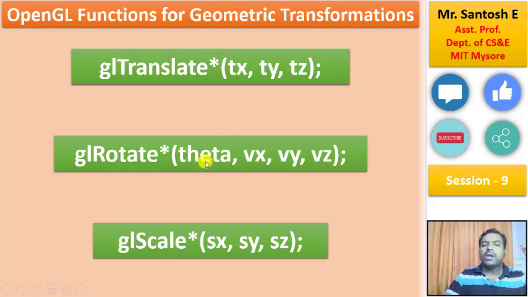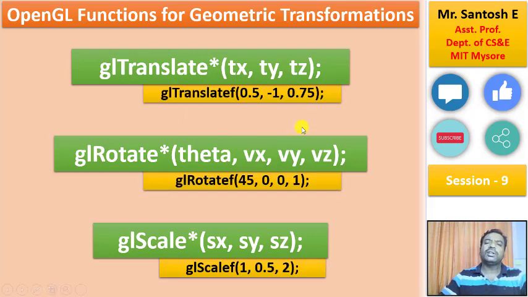Fine. So now when I have the theta value, when I have any rotation, you should decide with respect to which axis you are going to apply the rotation. By default we were working with the z axis, but now I can make the rotation happen at the x axis, or even with respect to the y axis. This is what I discussed earlier with you. The rotation can happen with the x axis, the y axis or the z axis. Hence now you need to mention with respect to which axis the rotation is going to happen. That is what the rotation function is going to do.